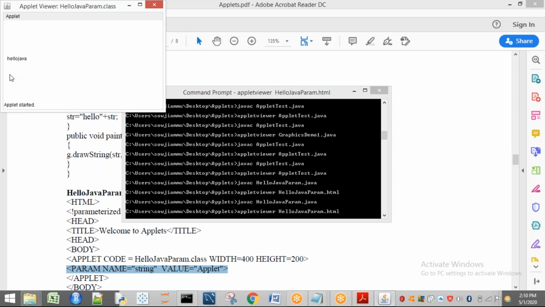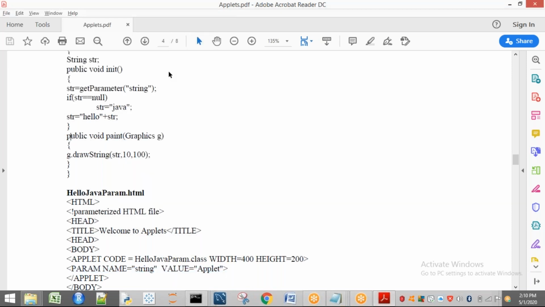So you have to differentiate it: what happens with the param tag, and what happens without the param tag in this example. One thing you have to remember: when we want to pass user defined parameters to an applet, we have to use a param tag. In param tag, we are going to have two attributes. One is name and the second one is value. And we have to use one method called get parameter.